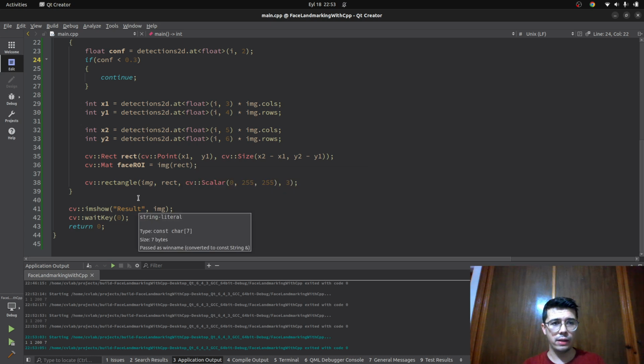Yeah, we got what we need. The next step is to blur. We already detected them. Now we need to blur. For blur,